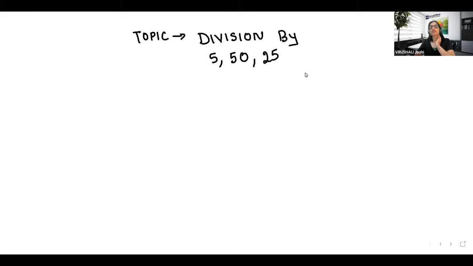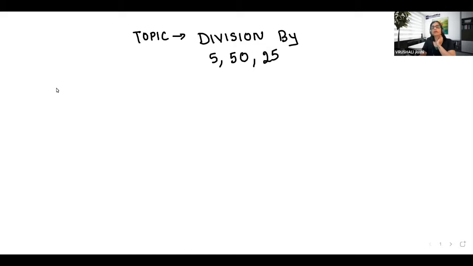When you look at the question itself, you will come to know. Here we are going to actually divide these numbers merely by looking at it. I mean, you will see how easy it's going to be. I'm not here going to teach you the table of 5 or table of 50 or 25. We can do it even without knowing the table.